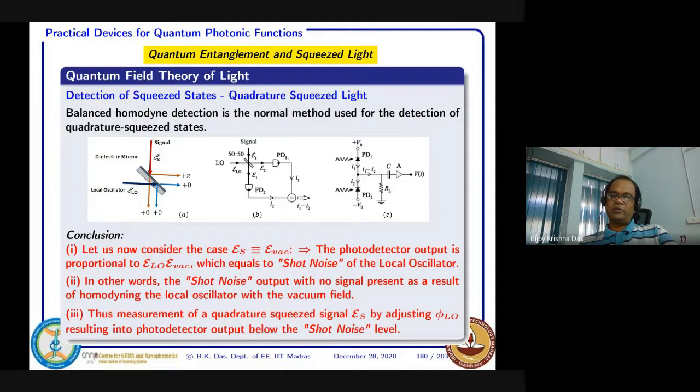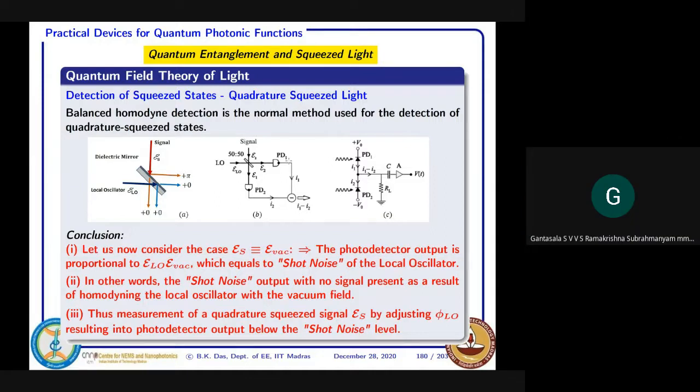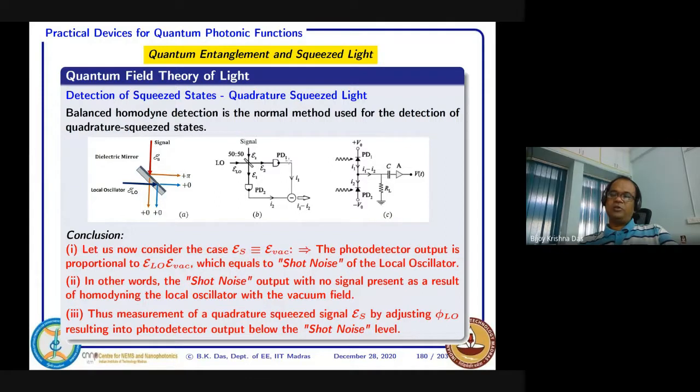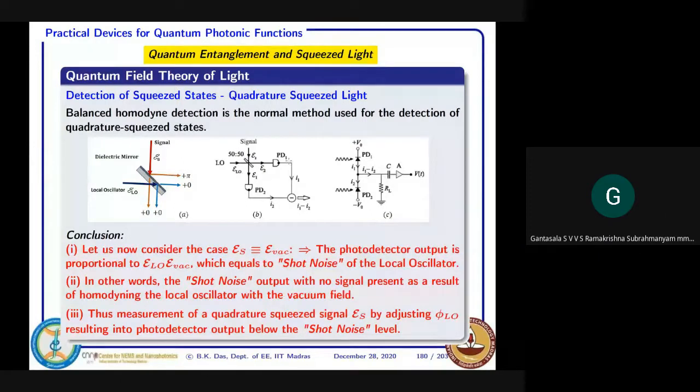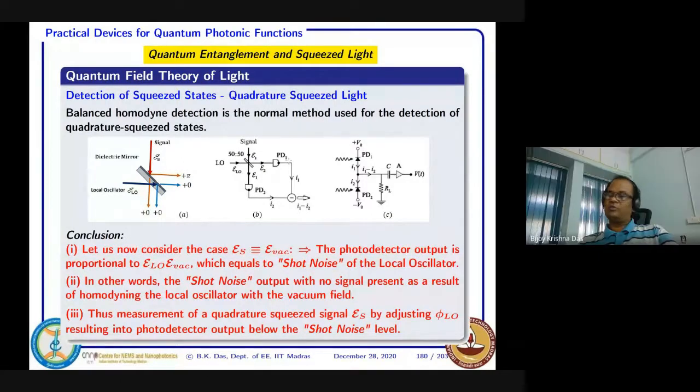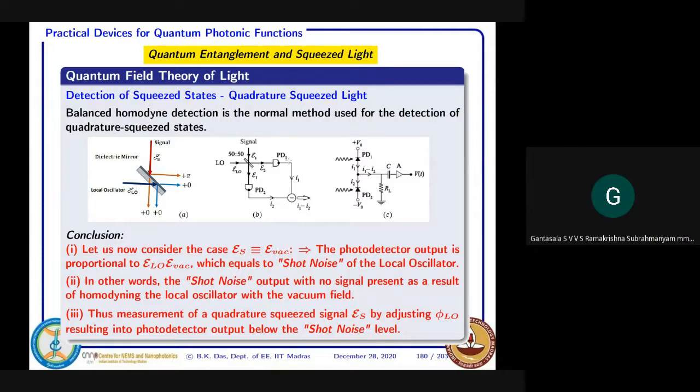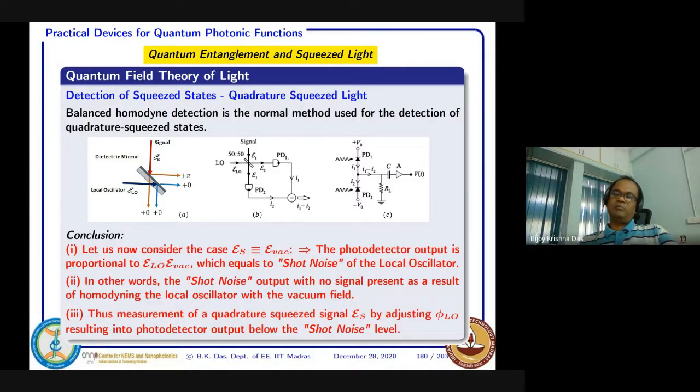Can you explain? Sir, to cancel noise, I think. Yes, cancel the noise. What noise? The same frequency. So what noise you can cancel if you use this homodyne technique, and if you are just measuring I1 minus I2? Electrical noise, sir. That means electrical noise, right? Yes, sir. So if some kind of noise is there in your electronics, because you are subtracting, they will be cancelling each other because they are basically correlated, right? So they can be cancelled.